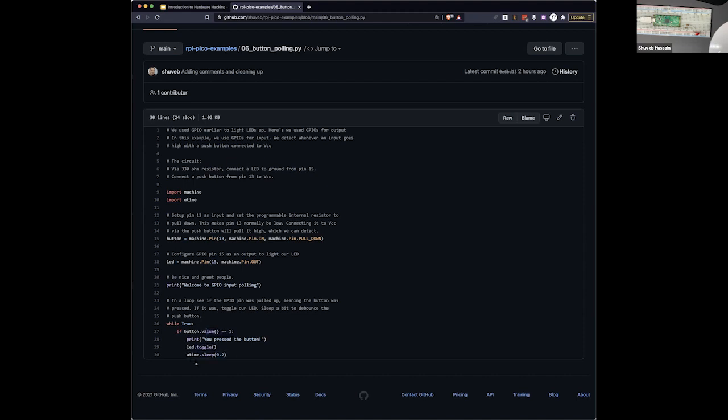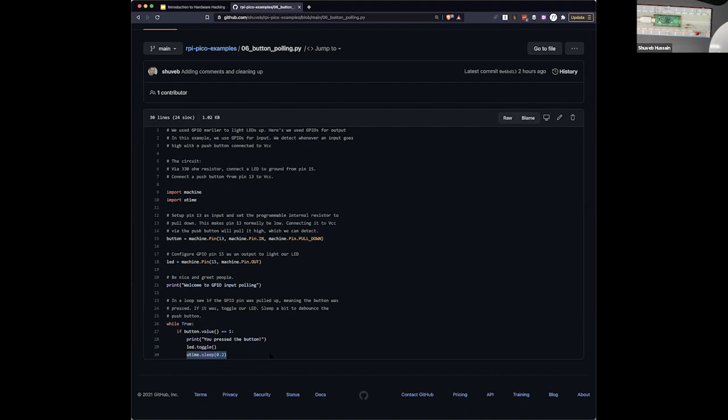And whenever that happens, you sleep for a little bit, because the button is made of metal and it will bounce, but the CPU is really, really fast. So every button push can actually register as many button pushes. That's why we sleep a little bit. This is called debouncing logic. You don't realize this, but every electronic circuit in which there is a button has debouncing logic, because whenever you push a button, you don't want that function to happen 100 times. You don't realize that because CPUs are super fast.